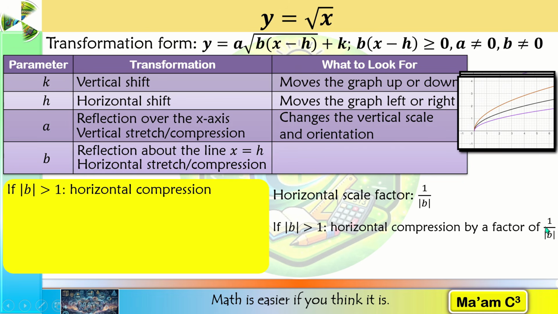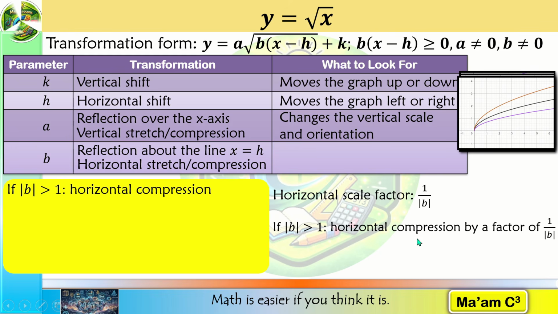I'm going to multiply it with 1 over the absolute value of b. Since the value of b that I use is 2, this will become 1 over the absolute value of 2, which is still 2, so 1/2. So the x-coordinate 1 times 1/2 is 1/2. So my new x would be 1/2 and my y remains the same, which is 1. So from point (1, 1) in the original graph, it became (1/2, 1). There has been a horizontal compression.